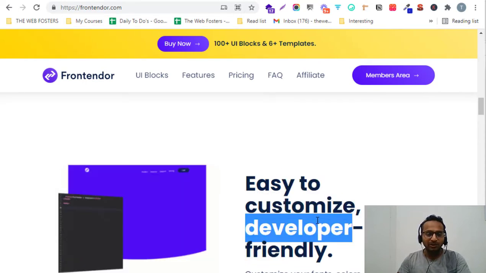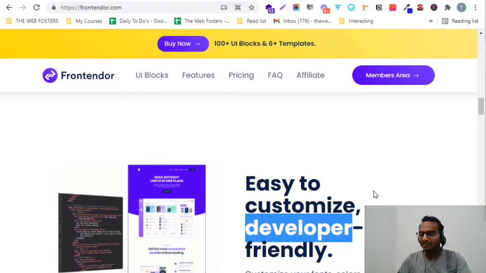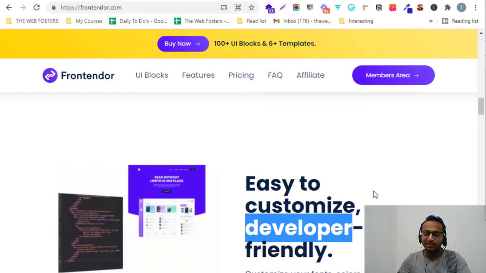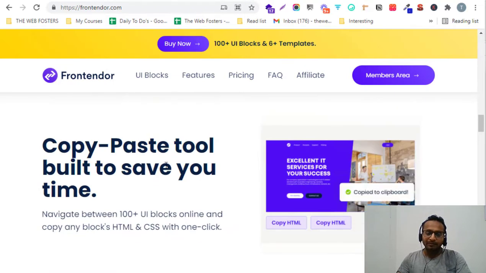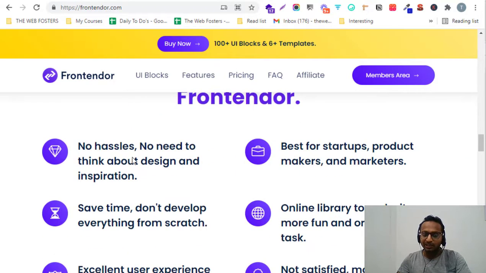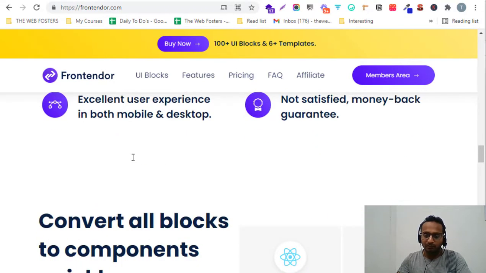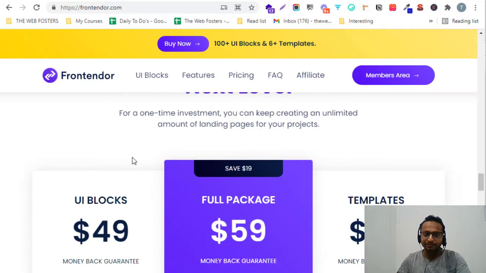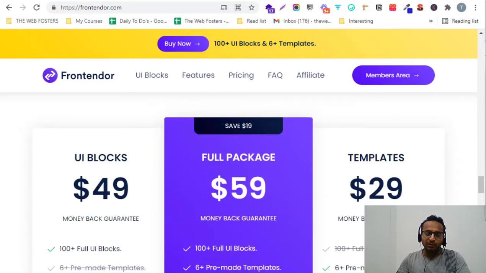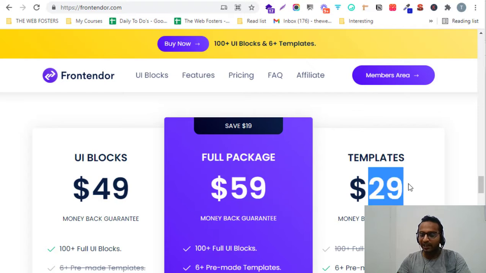Let me also tell you, if you are not a developer, then don't worry, it's very easy to use this tool. You can easily customize all the different blocks which are present here, and the cost is $49 for the UI blocks, for the full package which consists of 100 plus UI blocks and the 6 templates the cost is $59, and for only these 6 plus templates the cost is $29.